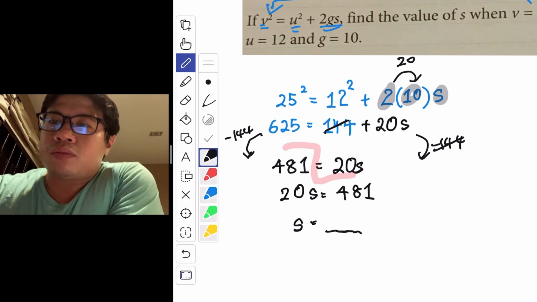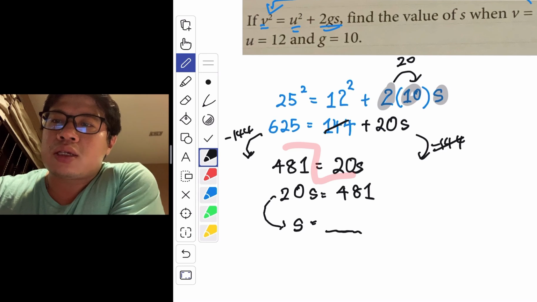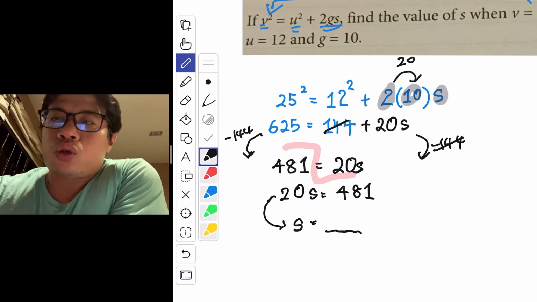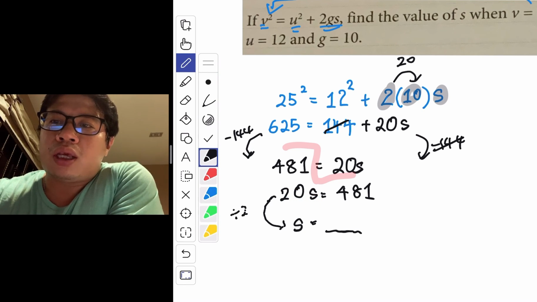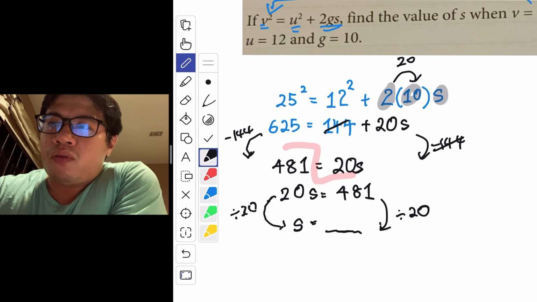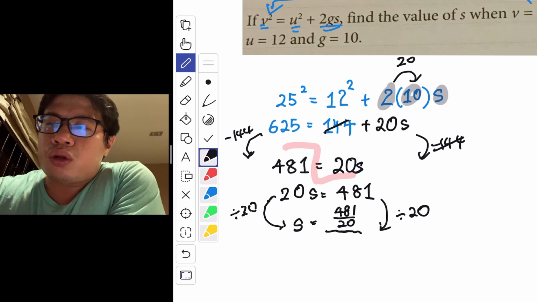So I'm just swapping the terms from left to right and right to left. And from 20s to s, the value of s here, you know that we have the number 20 multiplied to s. So what we do is we divide by 20 on both sides. Now if I divide by 20 on both sides, you have the answer of 481 over 20. Okay, if you choose to leave the answer as a mixed fraction, then you have the answer